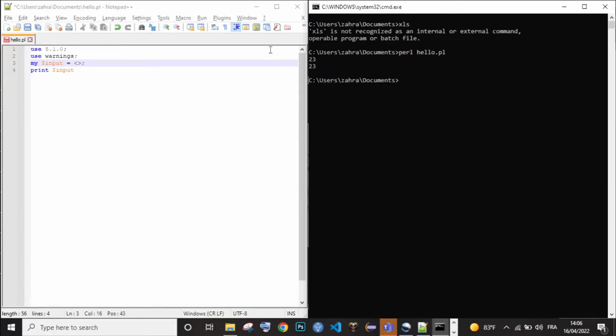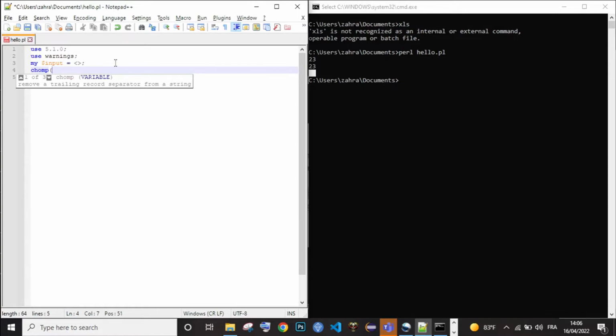One thing you should notice is that when I printed my outcome, it came with a new line. That's because these two angle brackets not only took my 23 input, but also my enter input, my new line input, which means if I want to get rid of it, I should use the chomp function and then use the name of my variable, which is input.